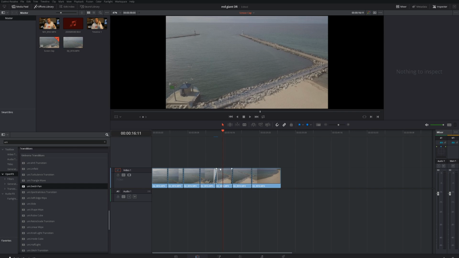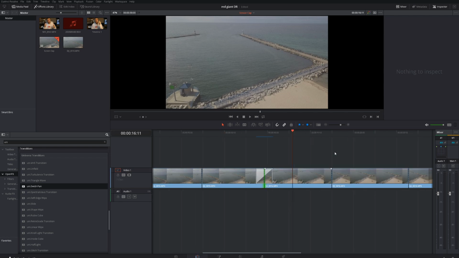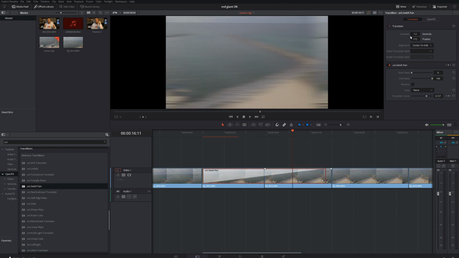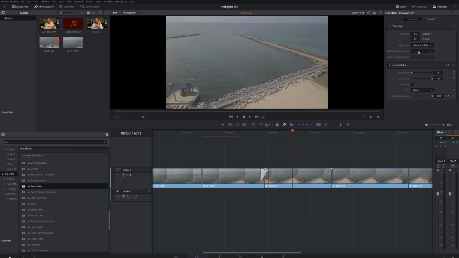Even if you are whipping your camera while you're shooting, this is a helpful thing to have just because it can make it look that much more smooth. So we're going to go ahead and zoom in a little bit here so I can click on that, and then you can see that you can change the duration of your transition. You can change all of the transition things, but then in OpenFX you can change your background opacity, your background color, direction of your swish, everything that you could want to change, you can change between these two tabs. So we're going to get rid of this one,